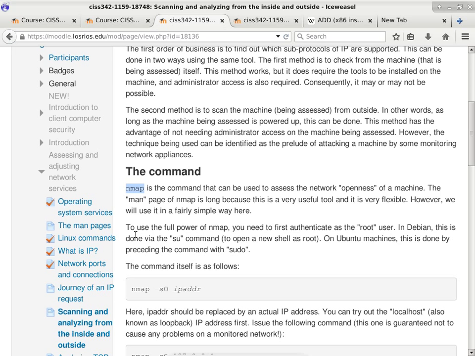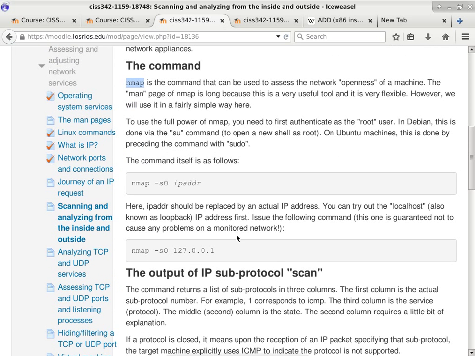So Nmap is really useful for scanning from the outside, and there are several uses of it. Before we actually talk about the command itself, which seems really simple, right? If you just read my notes here, you go like, oh, Nmap is really easy to use. You just have to specify nmap -sO and then the IP address, and we're done. Well, that's one of the many uses of Nmap. I'm not going to go through all of the different ways to use Nmap in this class because you will be able to find resources outside of this class to get it done.